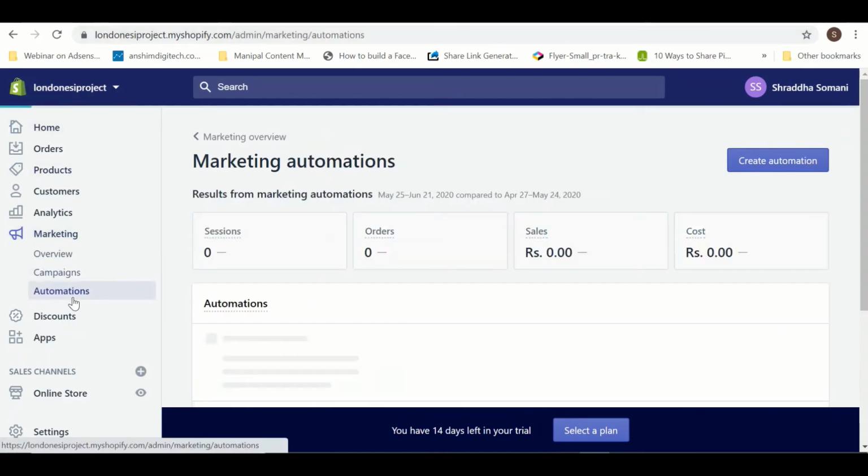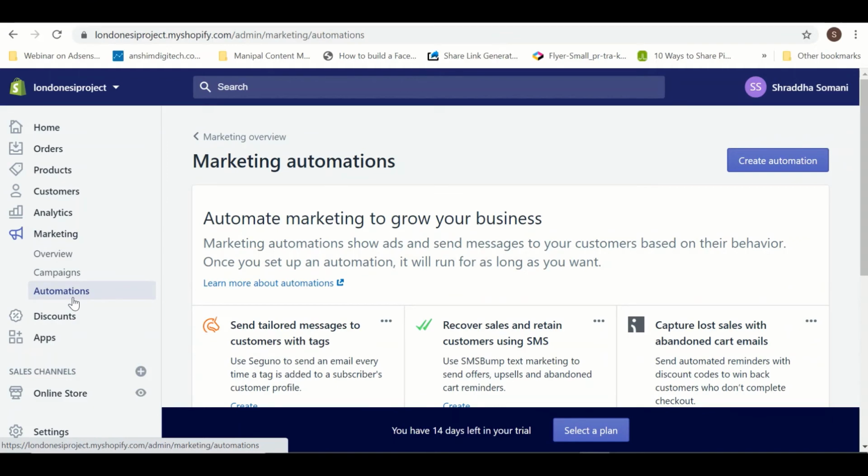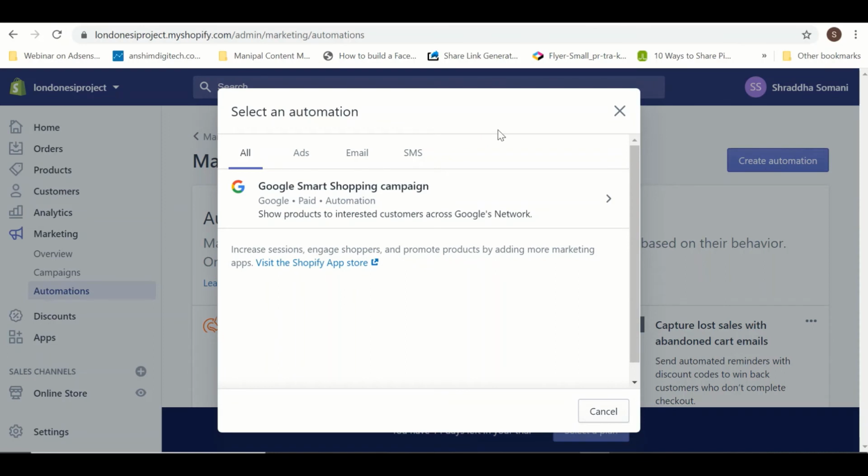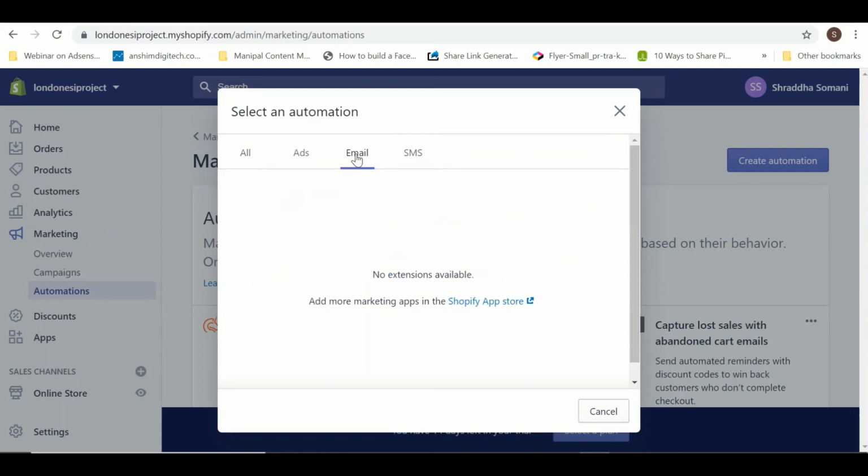Automations. Automation is nothing but a workflow. For example, if I want to create automation emails for people who have abandoned my cart, I can create an automation for them. Automation can be ads, email or SMS. If I say email, I need to create an email ID.